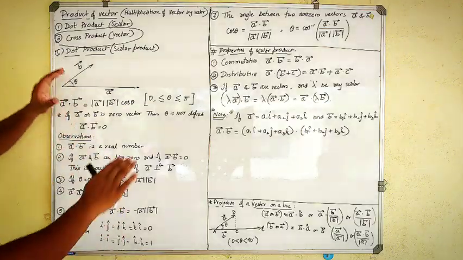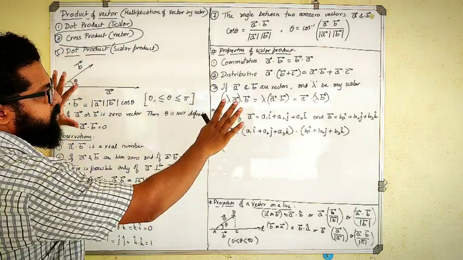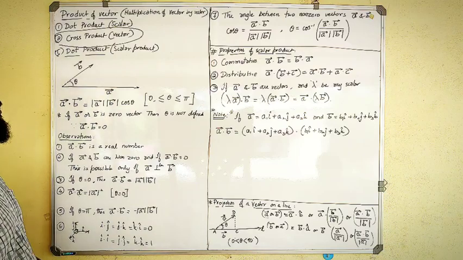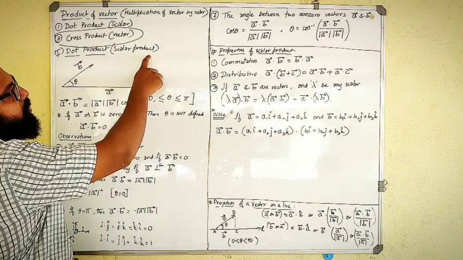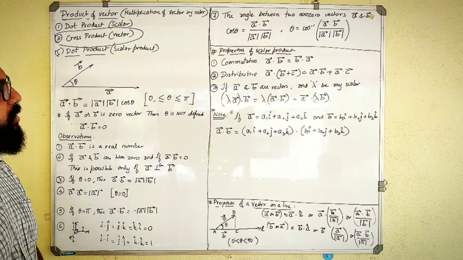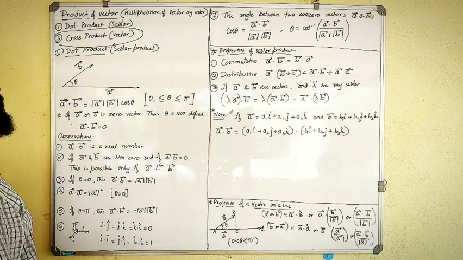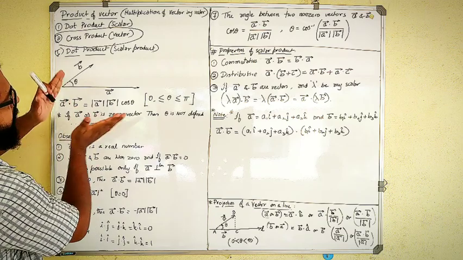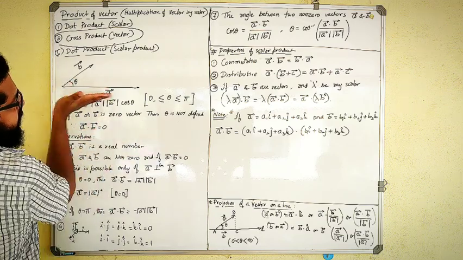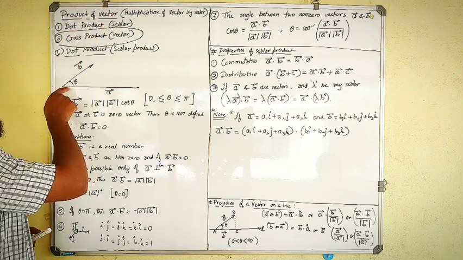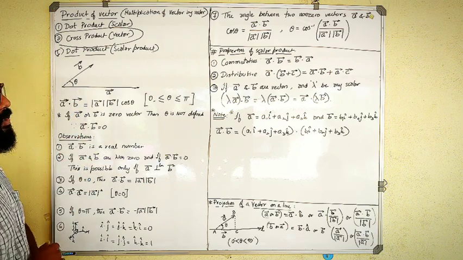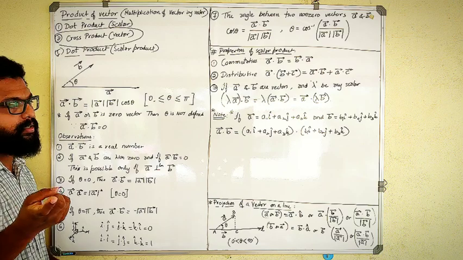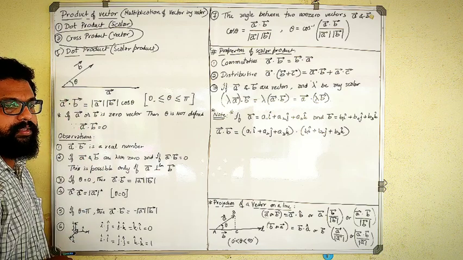So for now, clearly understand this dot product concept. Okay, I'll explain to you all what is the meaning of dot product, and I have already written that it is also called scalar product. Which means, suppose I imagine there are two vectors, one like this and one more like this, which make an angle of theta between each other. So there are two vectors, A vector and B vector, making an angle of theta between each other.